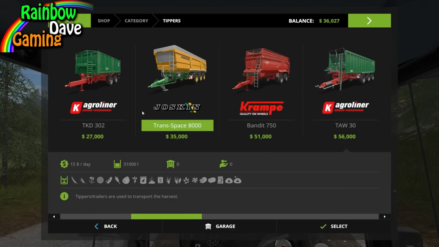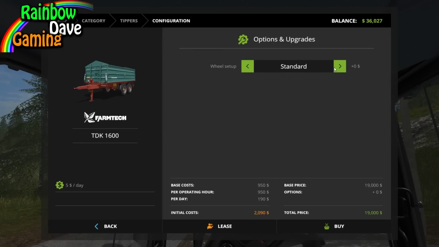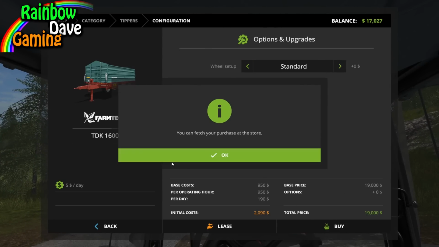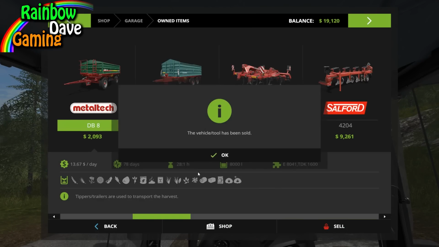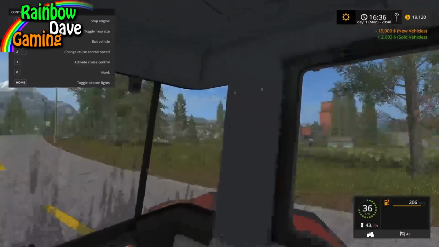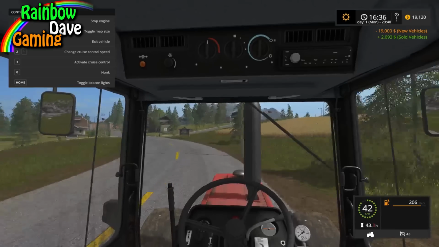Oh, that's interesting. So I'm thinking the farm tech might be a good trailer to buy right now. Just buy it with standard tires for 19,000. And what we'll do is sell our metal tech trailer for 2,000, I guess. Yeah, sure. Why not? So in the next episode, we'll have a new trailer. We will be, hopefully, fingers crossed, working on